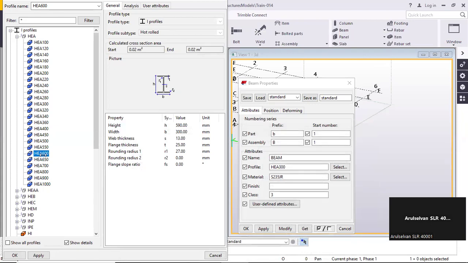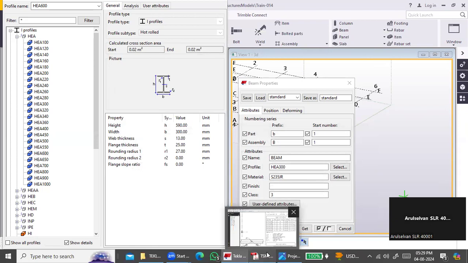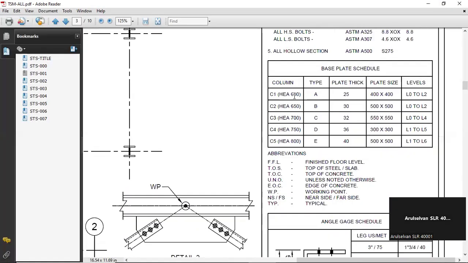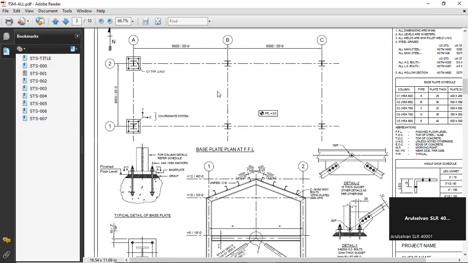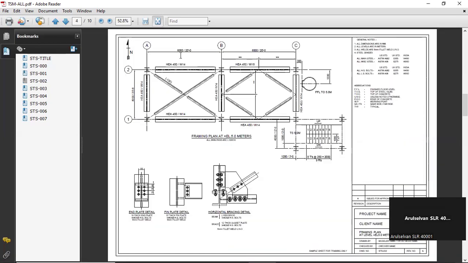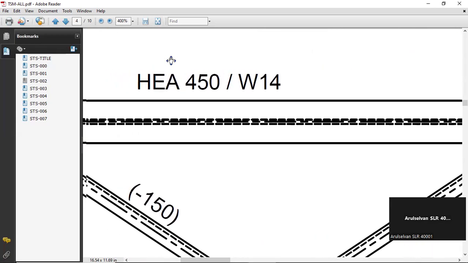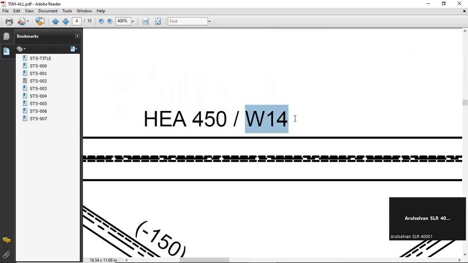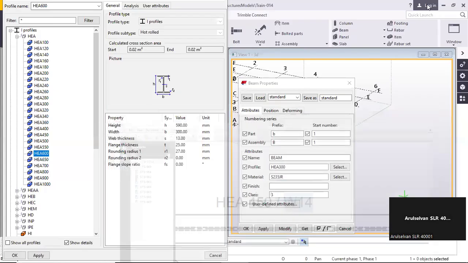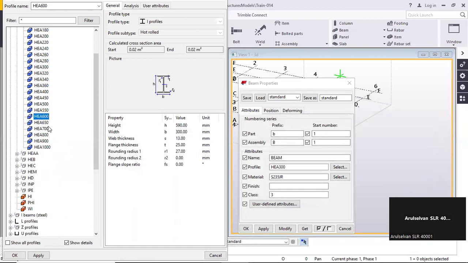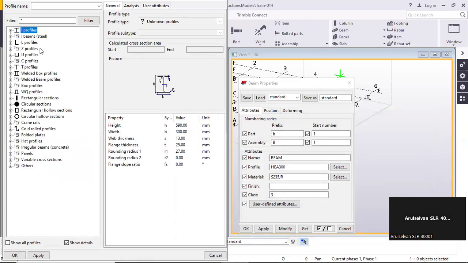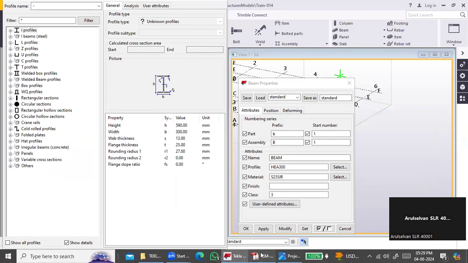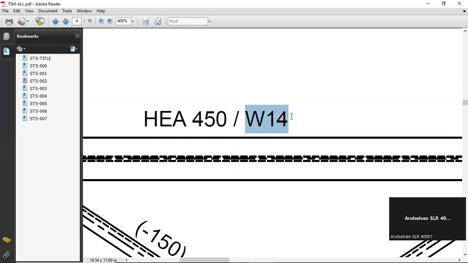But you have to open the right environment. Now this is the default environment, so I'm able to see HEA. If I want to use something different, here there is a different standard, for example. I will show you the next sheet. Now here I have added an example of US standard, US W14. When I go here, you will not find the W14 because that is a different standard, a different country standard. US is a different country and it has a very different standard. So this profile you will not get in